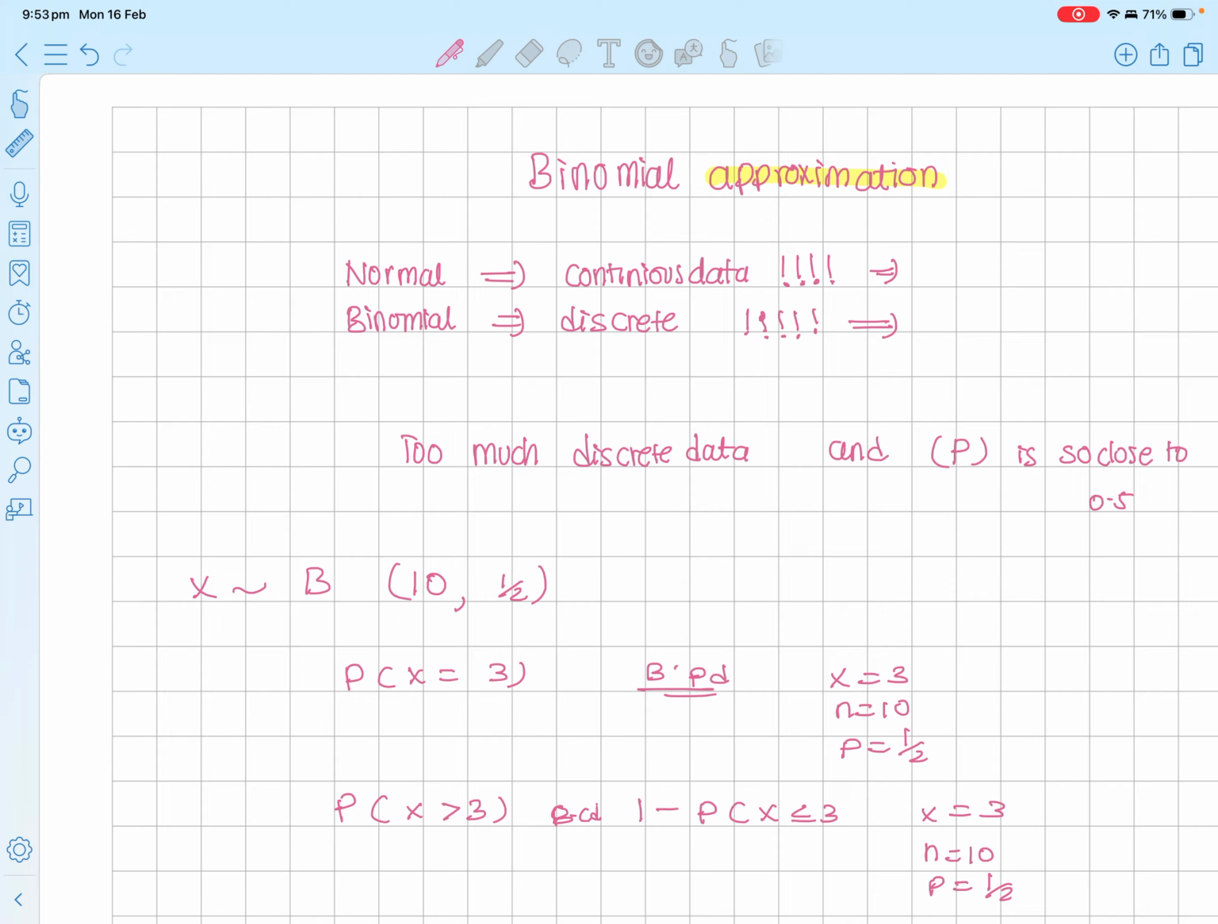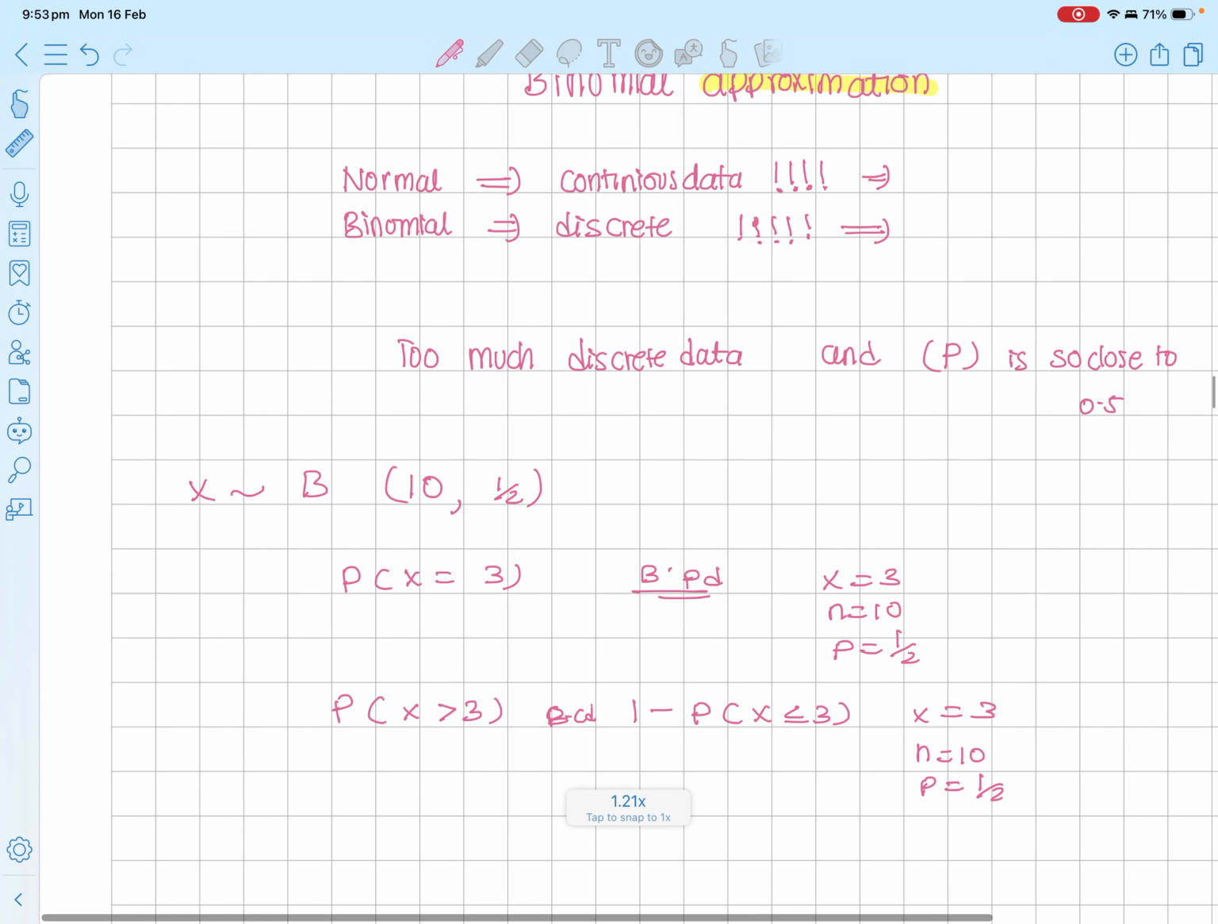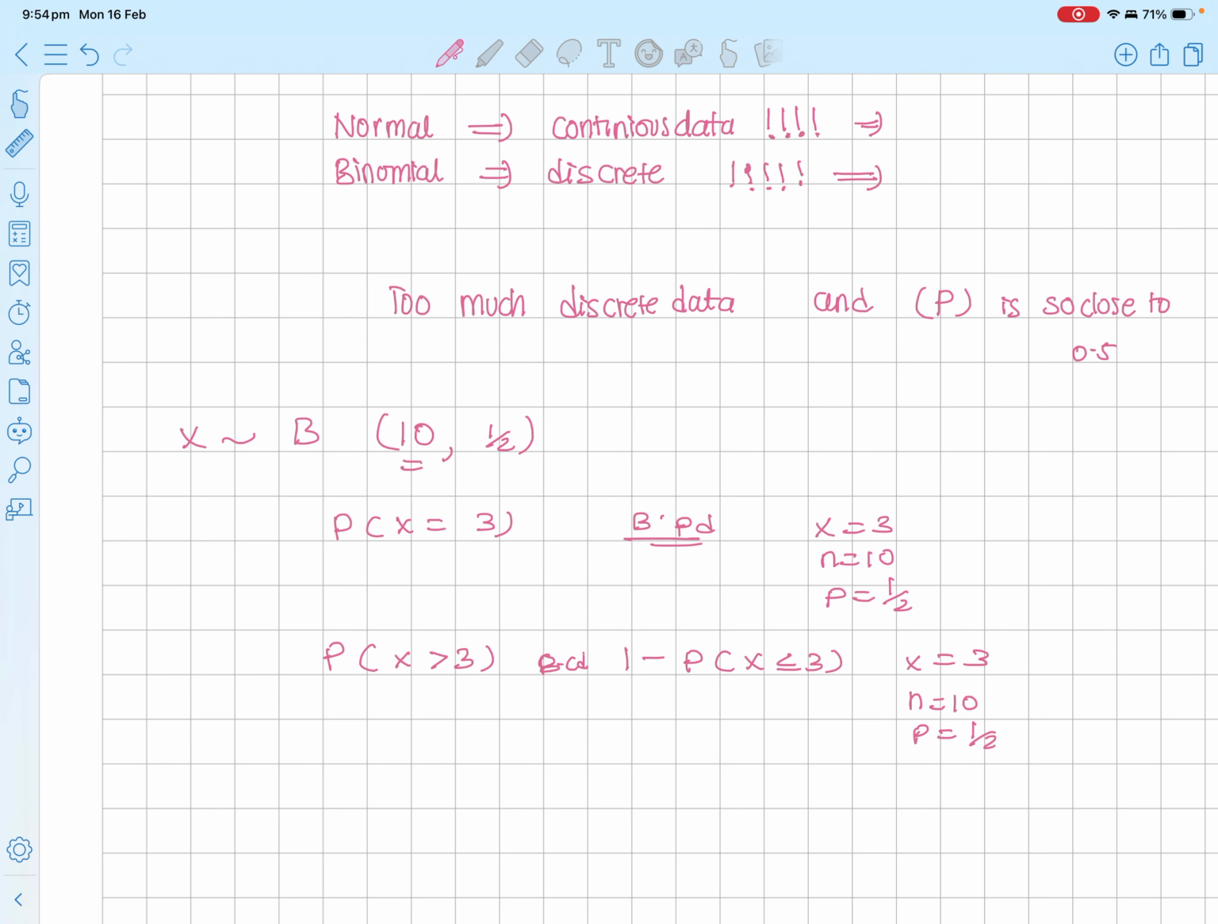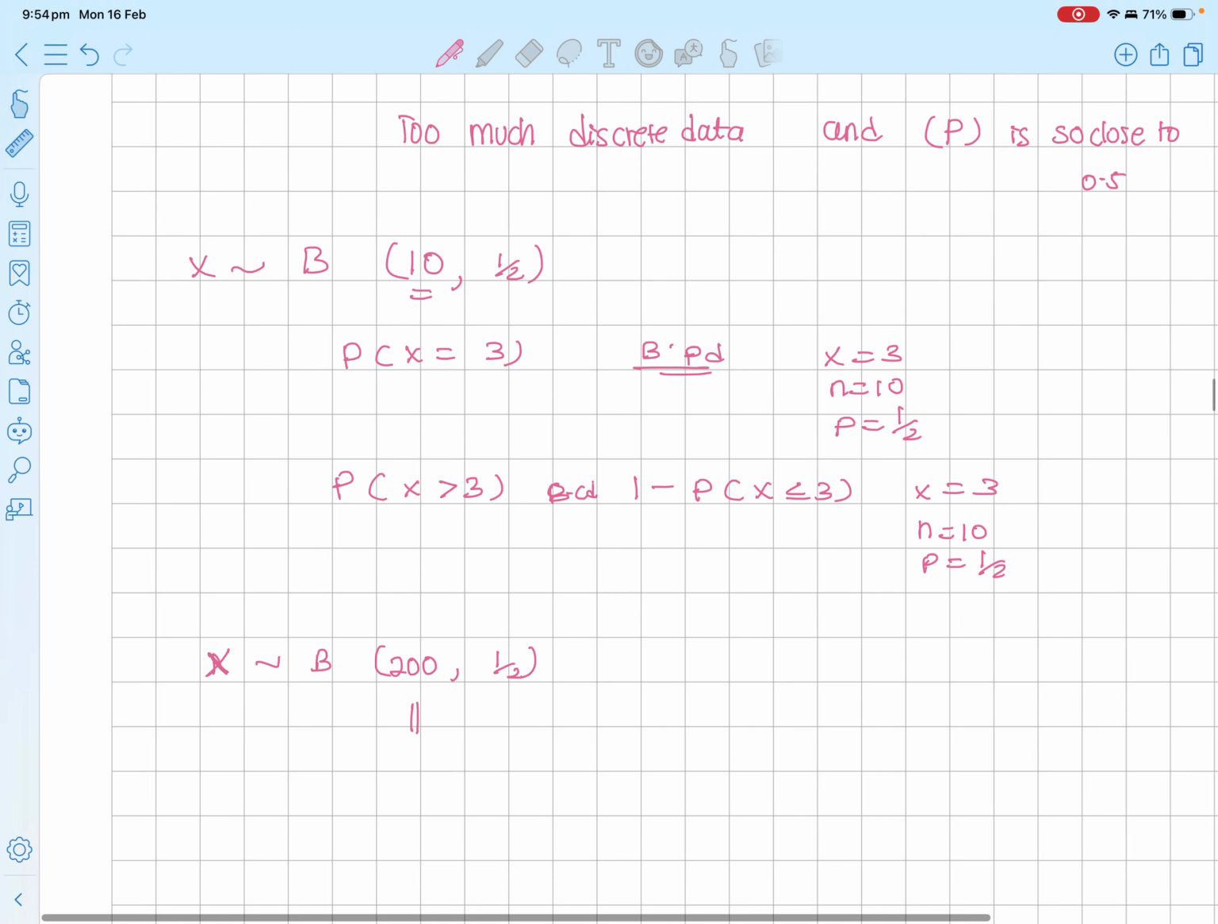But I'm not revising that. What I'm trying to say is, if the coin was tossed 10 times, it's okay. If the coin was tossed 50 times, it's okay. If the coin was tossed 100 times, or let's say 200 times, then it has gone a bit too much. And the probability is close to 0.5. It's exactly 0.5, but let's say close to 0.5. In this case, rather than performing a binomial distribution and calculating the answer, we can bring this distribution to a